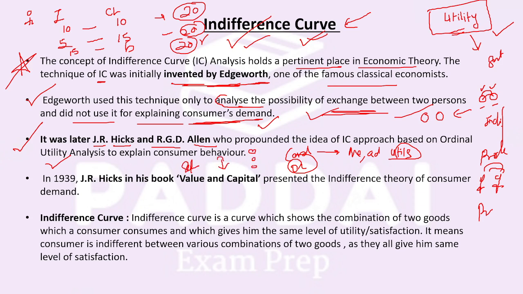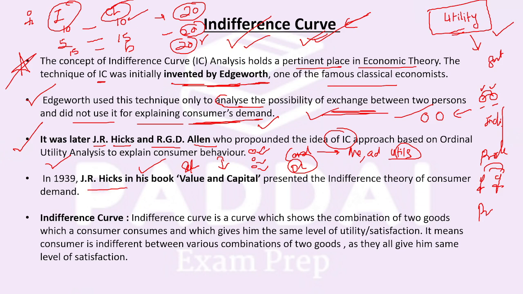So if there are 4, 5, 6, 7 products, with which product I am more satisfied, that is putting them into an order. So he used the idea of indifference curve which is based on utility analysis. Ordinal utility analysis means in this curve, these two products, ice creams and chocolates, when the satisfaction is achieved, they would be put into an order, right?